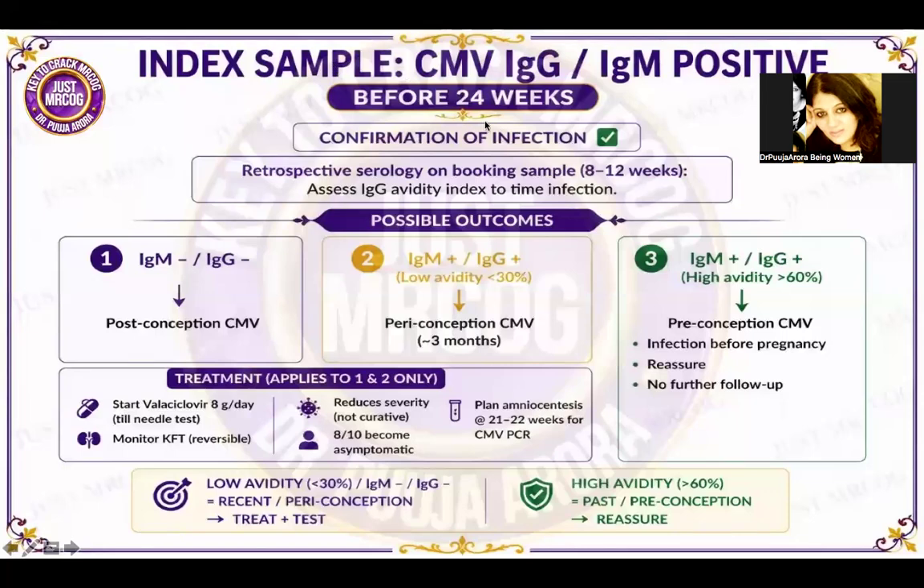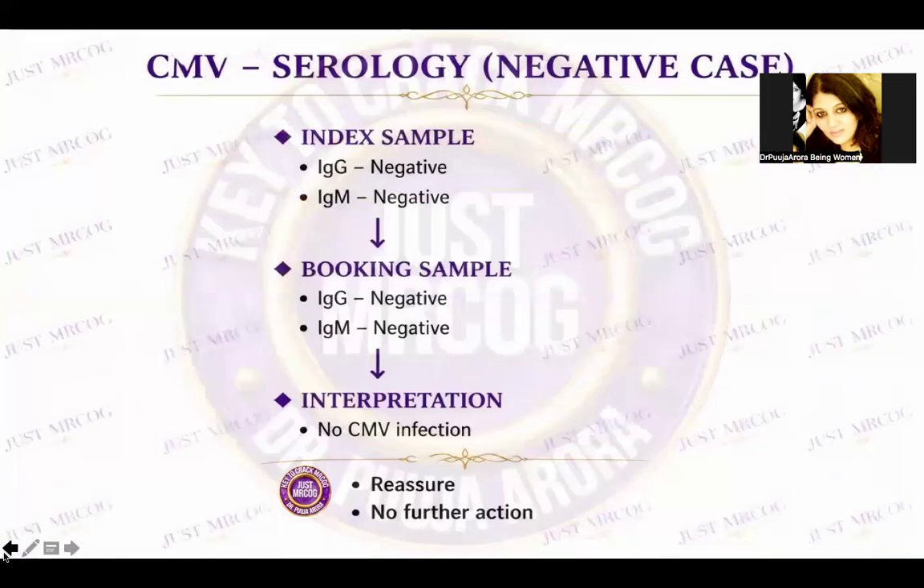Now, index sample. The patient has come before 24 weeks. You are suspecting cytomegalovirus and you have offered a blood test, and the test is showing that she has both IgG and IgM positive. So, understood, if both are negative, I just repeat quickly, both are negative,